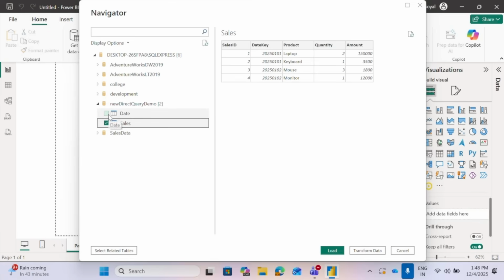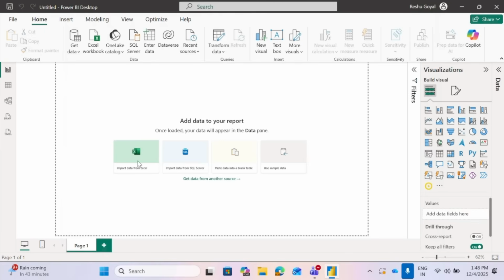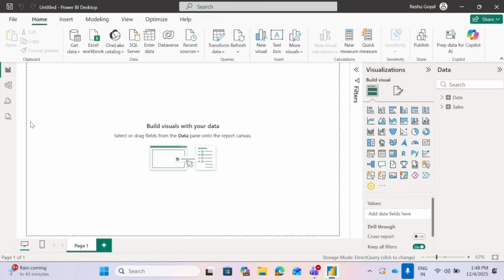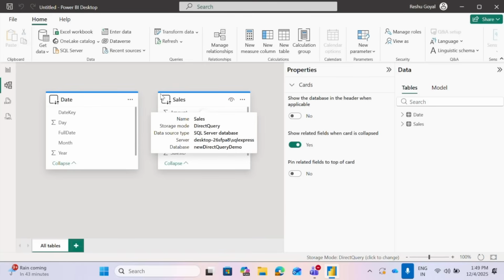We are also getting this date table in DirectQuery mode, which for this demonstration purpose is fairly small, but it might also increase in a real production environment. And we are going to load this table. We are also going to cross-check this just after loading the data, and we see that this is your DirectQuery mode and this is your DirectQuery mode. This blue line clearly indicates that.